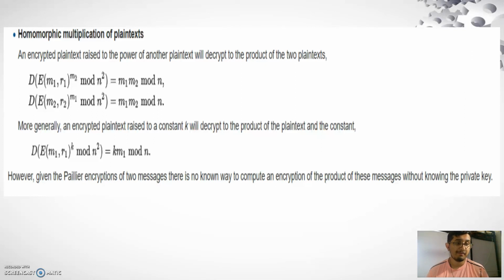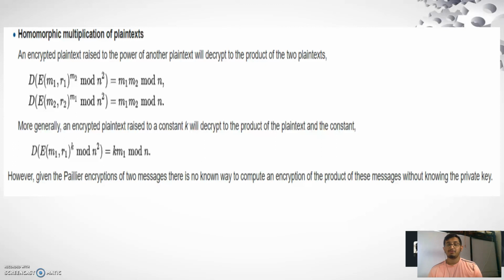Similarly, when we take the encrypted message (m1, r1) and raise it to the power k, it will decrypt to k into m1. However, given the Paillier encryptions of two messages, there is no way to compute the encryption of the product of these messages without knowing the private key. So guys, this was the basics of Paillier encryption, and it is a very important and